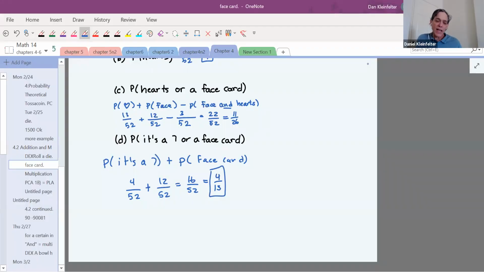All right, so that'll actually take us to the end of this first part on section 4.2 involving the addition rule. In our next video, we're going to go on to the